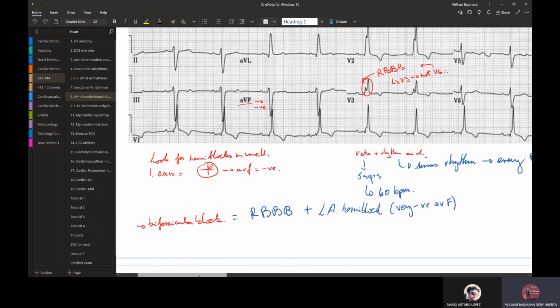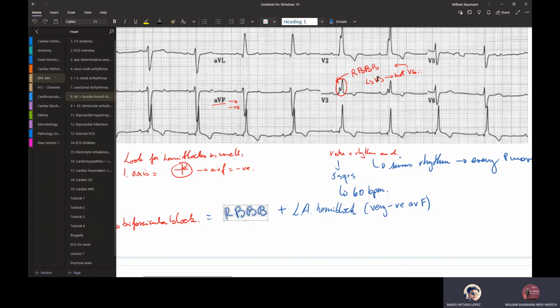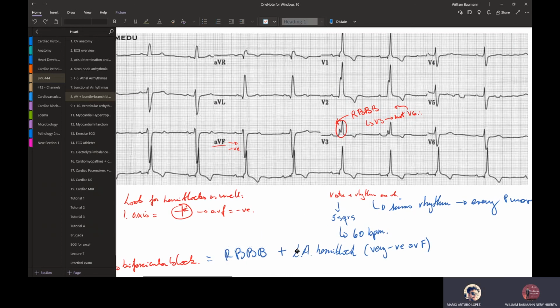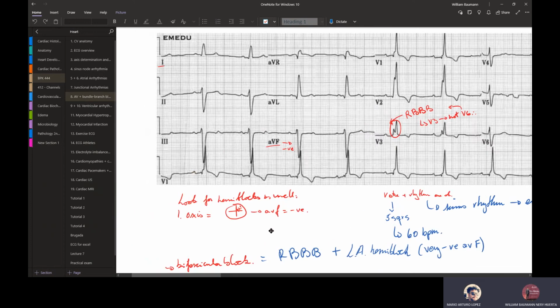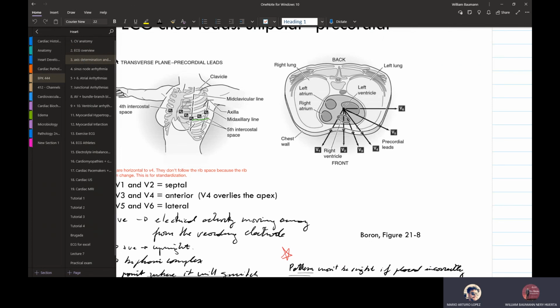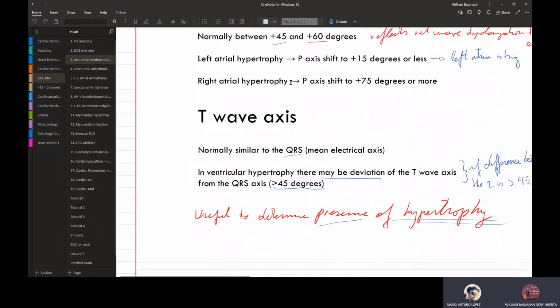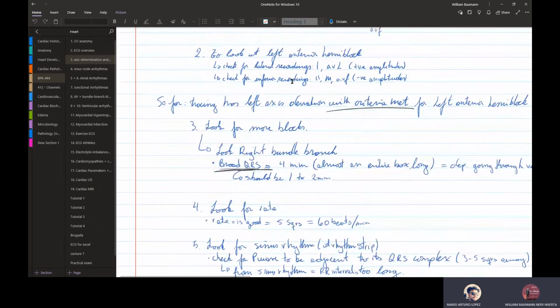It also tells us that there's the right bundle branch block, but we also need to look for a left anterior hemi block. So that just means that one is blocked, the left anterior hemi block. So how do we know that? Well, we've done hemi blocks before, and we know that the left anterior hemi block occurs in this quadrant. Let's go back to the axis determination. Left anterior hemi block. Do you see that there? So if we go back to the left anterior hemi block and see how to detect those,